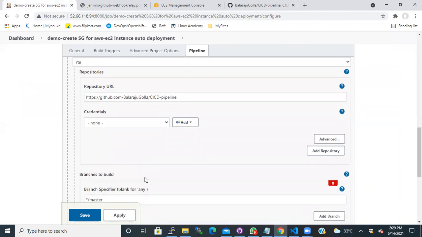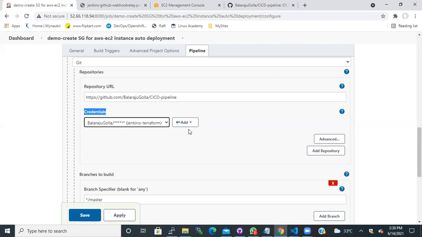This option is not really mandatory if your code is public. If your code is enabled for public access, you don't have to give the credentials. If your code is private, then only give them. But even if it works without, you can give credentials for public Git repositories also. In my case, these are my credentials.